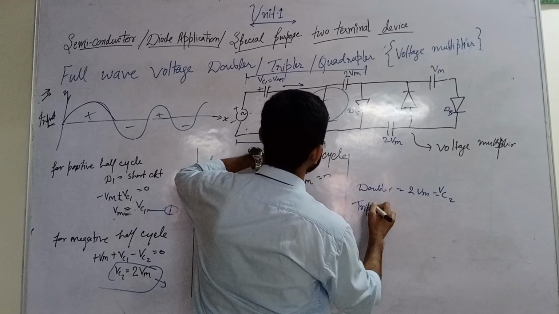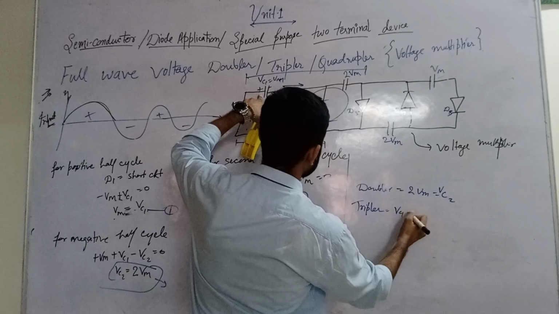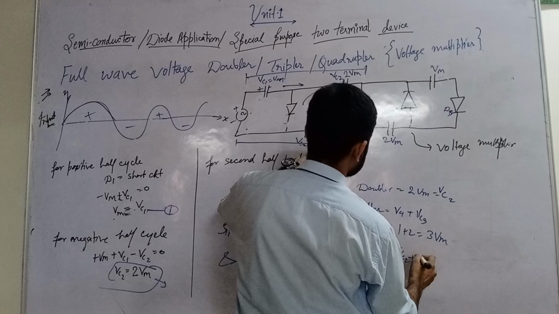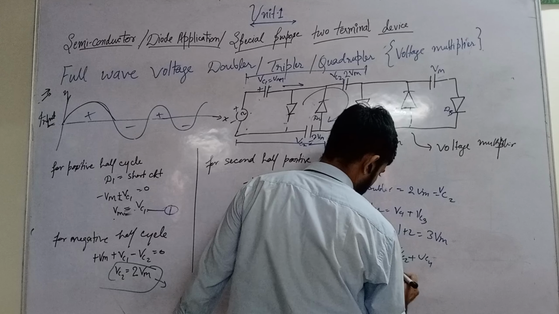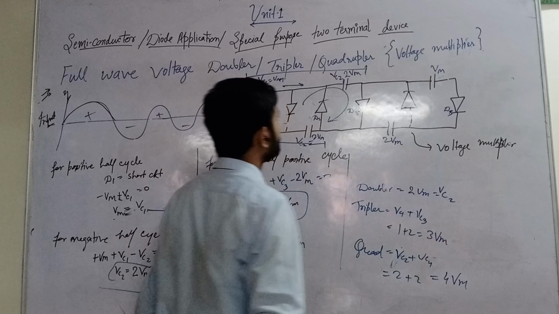For the tripler, it is Vc1 plus Vc3, which is 1 plus 2 equal to 3. For the quadrupler, it is Vc2 plus Vc4, which is 2 plus 2 equal to 4. This is the overall of